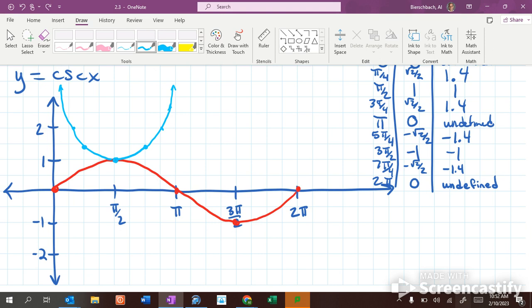Where this curve hits a y value of 1/2, what's the reciprocal of 1/2? 2. So where this hits 1/4, what's the reciprocal of 1/4? 4, somewhere up here. Where this is 1/6, what's the reciprocal of 1/6? 6, and so on. So as the red gets smaller, the blue gets bigger and bigger